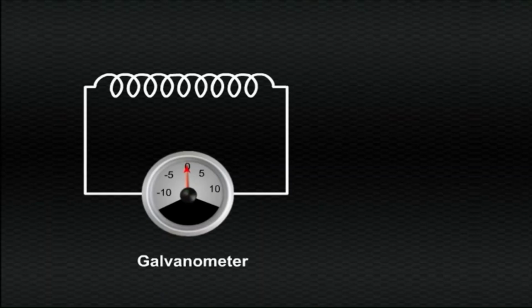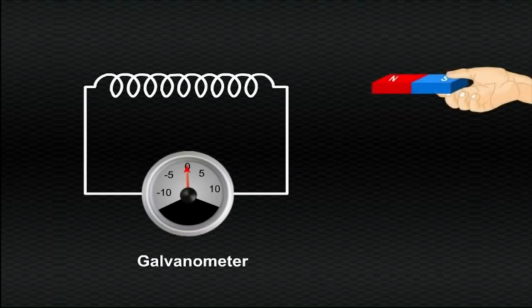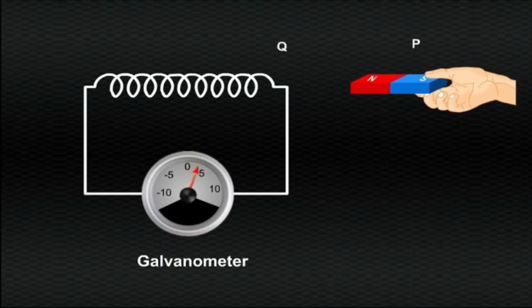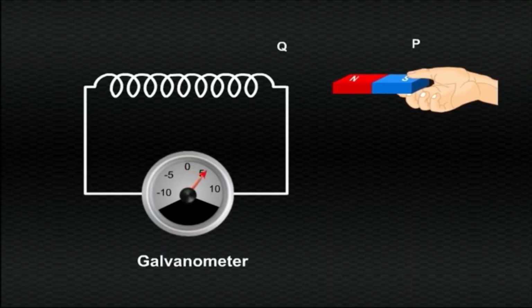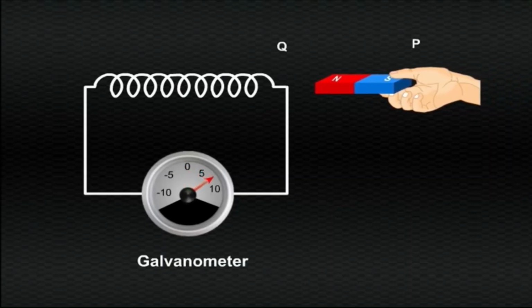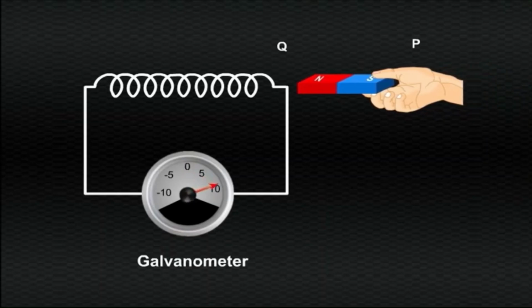Now let's do something. We take a long bar magnet and move its north pole within the solenoid from end P to end Q. Can you see that? Now look at the pointer of the galvanometer. What do you observe? Well, the pointer of the galvanometer deflects in a particular direction. Why did that happen? That happened because a temporary current was set up in the coils of the solenoid when